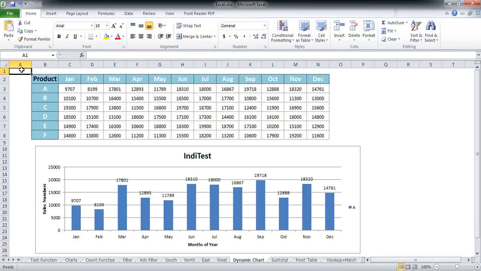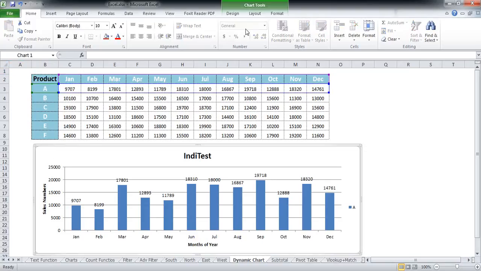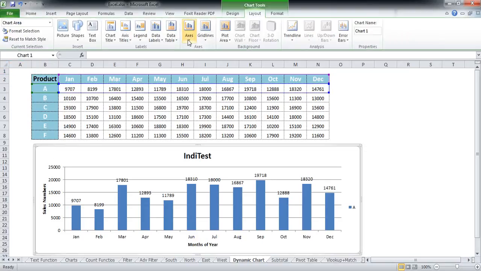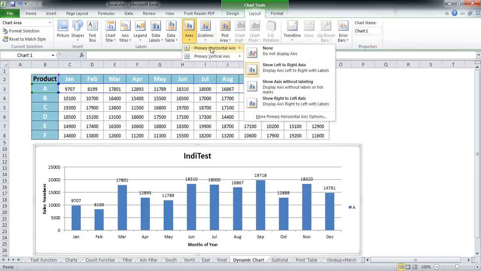In this session, we're going to talk about some more options associated with the axis of our Excel charts. The first step towards modifying the values begins from going to the Layout tab and clicking on this Axes menu over here. Since there are always two axes in any chart that we build, we look at the options available to us for the horizontal axis and the vertical axis one by one.